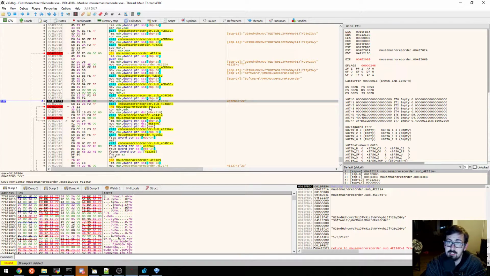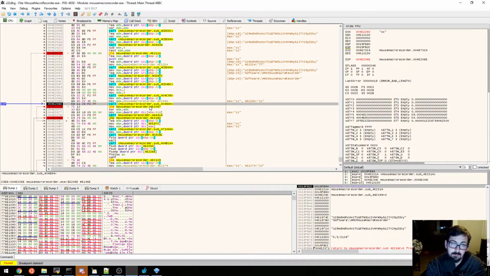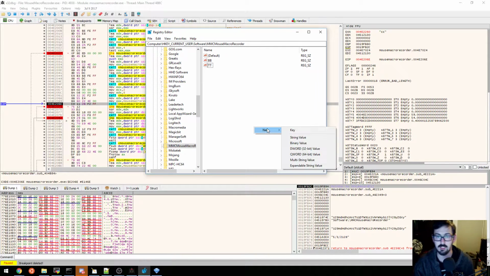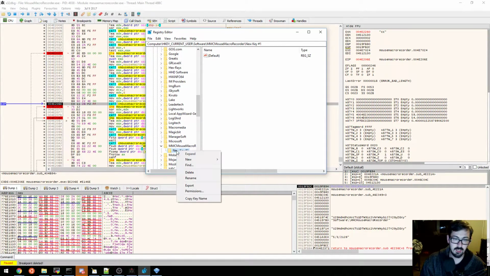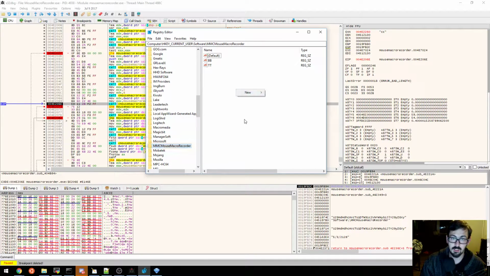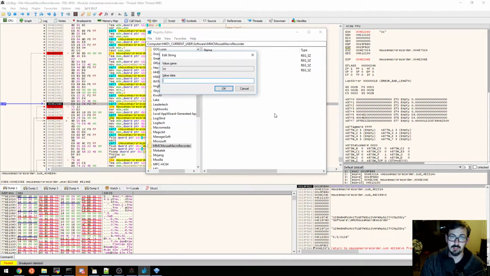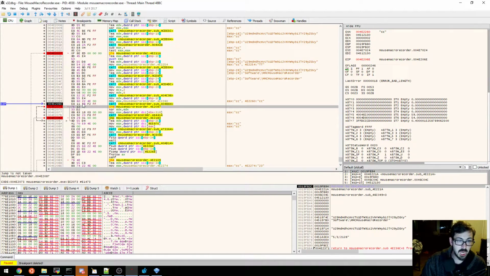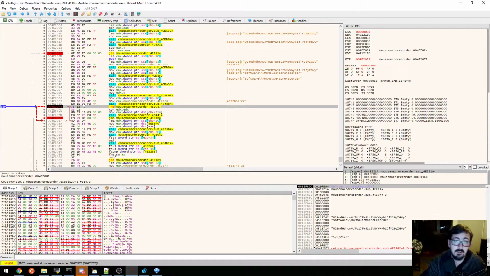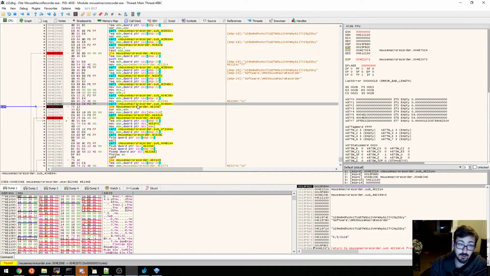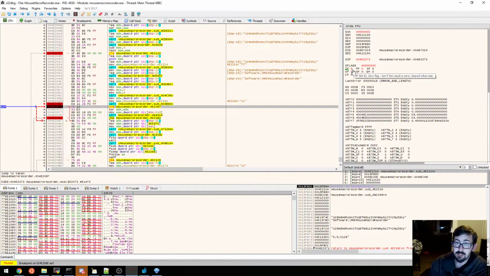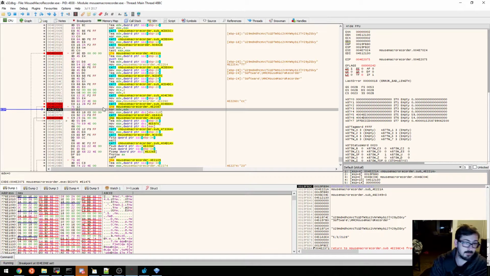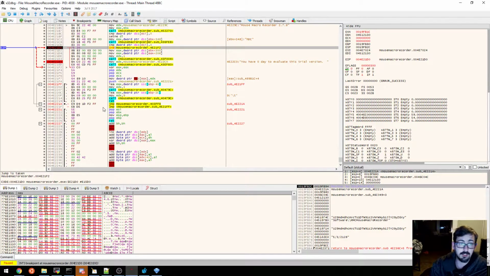call that CC, it's looking for a CC. Then it's gonna call that, but let's put in a CC first. Maybe it's looking for, oh god, not a new key. Delete. New string value CC. Just try that. Okay, F8. Jump if not equal. We know that we don't want to take this jump. We also don't know exactly what that was doing, but let's not take this jump, because now it should go right into running the program.